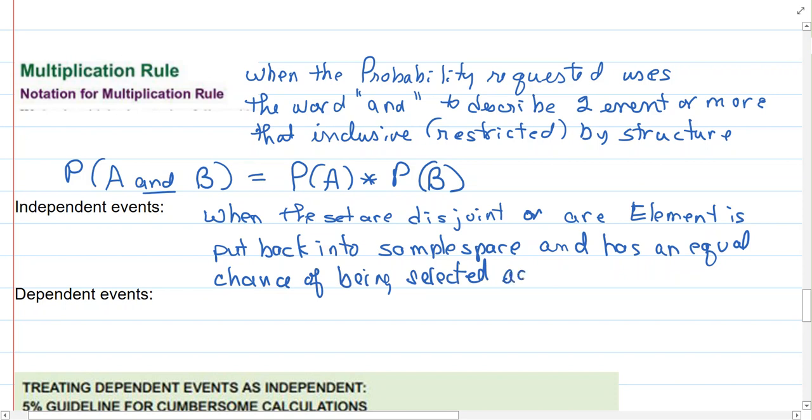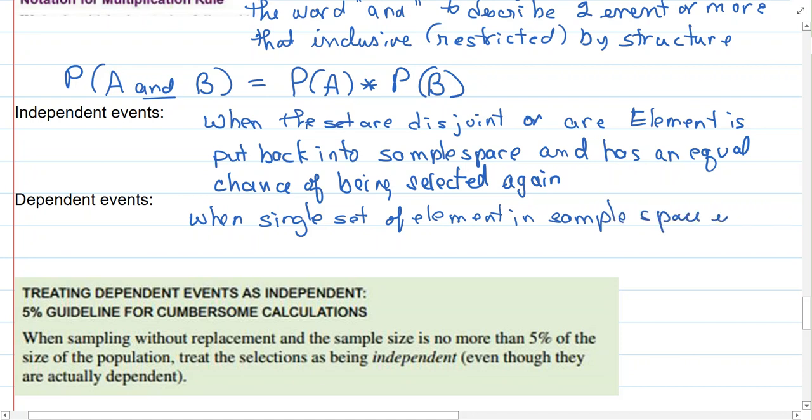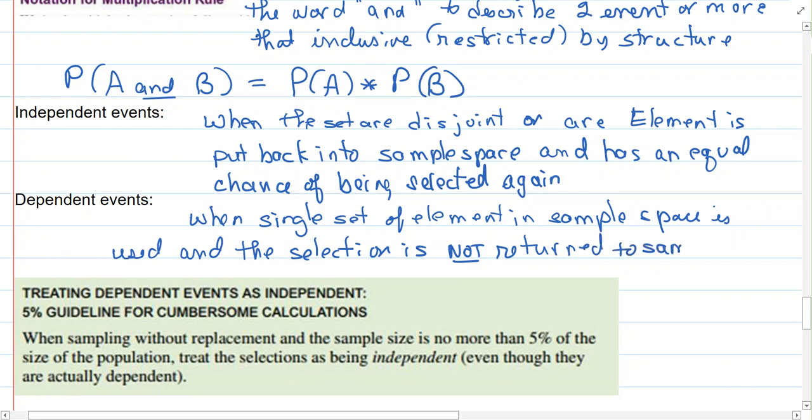That makes it independent because, as I mentioned on the problem I started and didn't complete, dependent events are when a single set of elements or population or sample space is used and the selection is not returned to the sample space. And what this does,